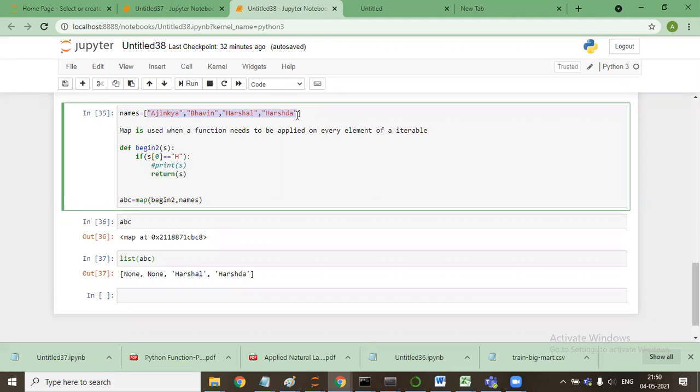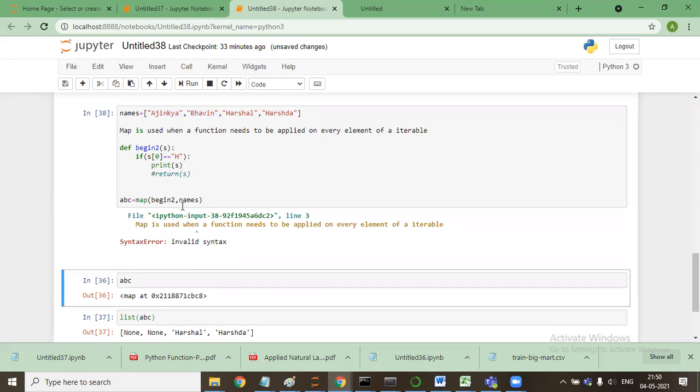When we use print, we got the output as Harshal and Harshada with one list which is having 4 none. So how did we get that output? Because we are not printing any list, no? So if I say, just give me what happened.